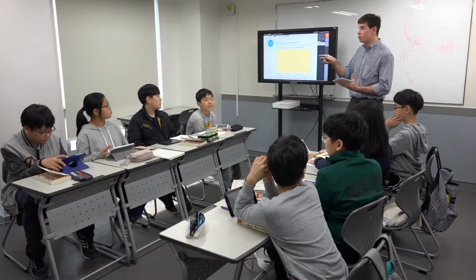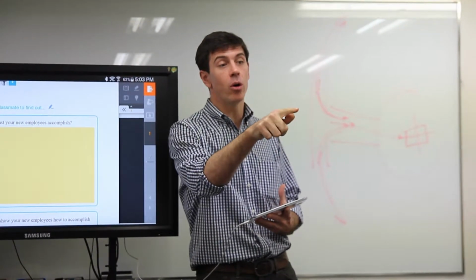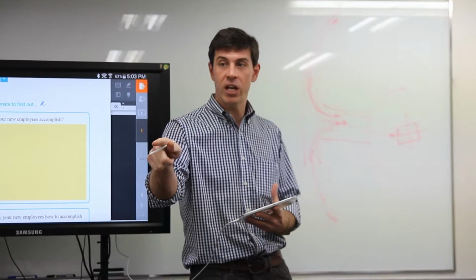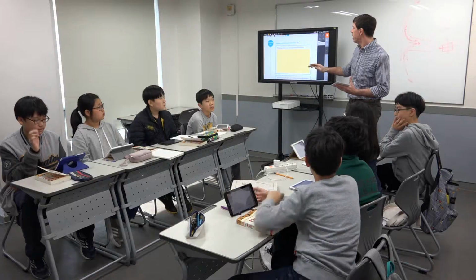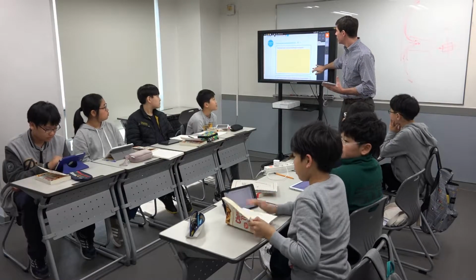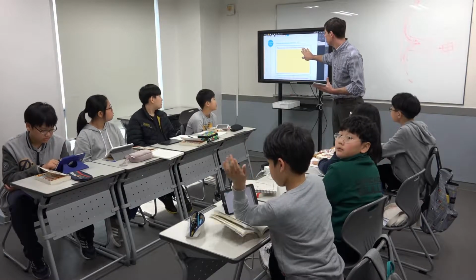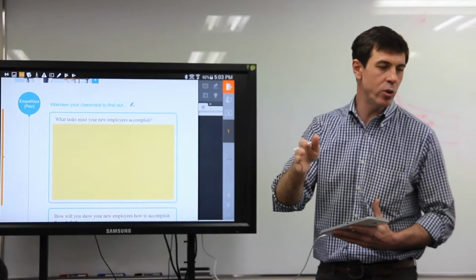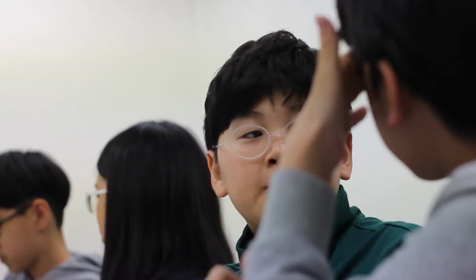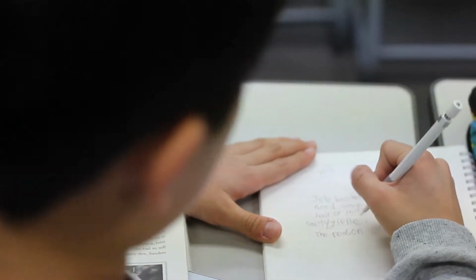Step 1, choose which job. Pro gamer or YouTuber? Zookeeper or baseball player? Choose one. Yeah, choose one, and then you're going to work on this together to come up with, first, what do you have to do? A new employee, a new baseball player, a new zookeeper, a new teacher. What do you have to accomplish? What are your job tasks? What do you have to do at work?